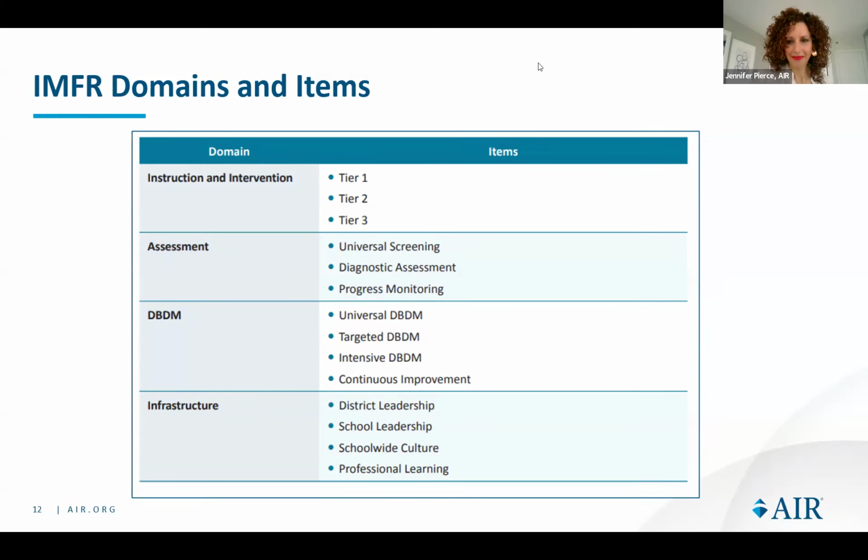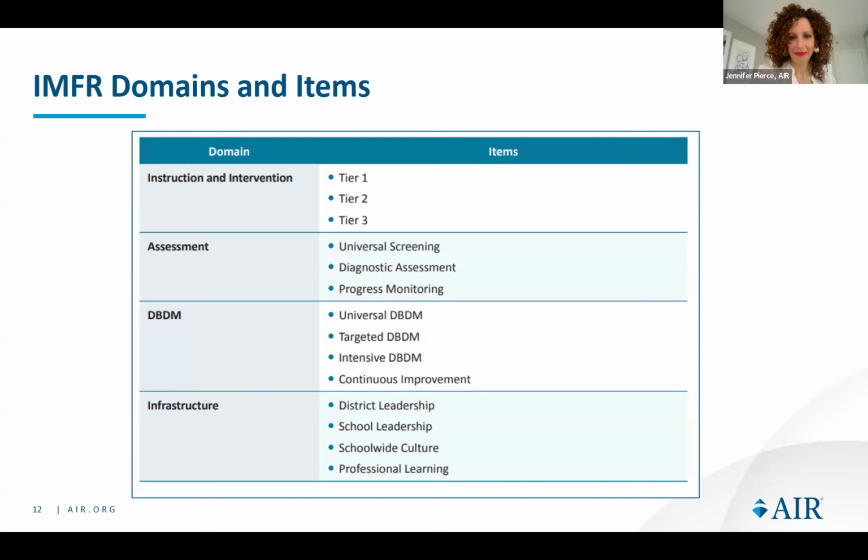I'll just come off mute really quickly. I had just texted my colleagues in Virginia when this came up, and I thought we had just done some revision of our initial implementation matrix. I just texted him and I said, I really like how this is laid out. I think this makes a lot of sense. It's not too many. You've got everything critical in there. If we did these things well, we would be well on our way. So thank you. And that was Regina from VTSS, Virginia Tiered Systems of Support, just because it doesn't automatically show up who's talking for us. I want to make sure. And then, thanks, Jennifer.